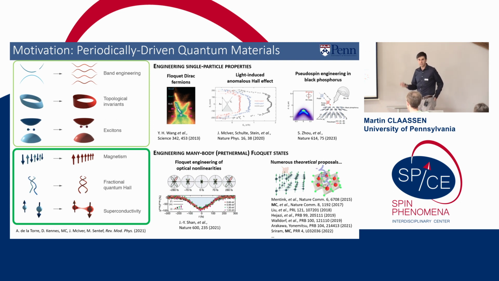And there, of course, we have a plethora of already theoretical proposals of harnessing light and strong driving to engineer correlated electron states in materials, at least on short enough timescales before the material heats. The general name of this game is thinking about pre-thermal phases in quantum magnets, but also maybe more exotic phases, such as the fractional quantum Hall effect or superconductivity, with a very nice recent demonstration done by the group at Caltech, by David Hsieh, in terms of Floquet engineering optical nonlinearities in strongly correlated electron systems.